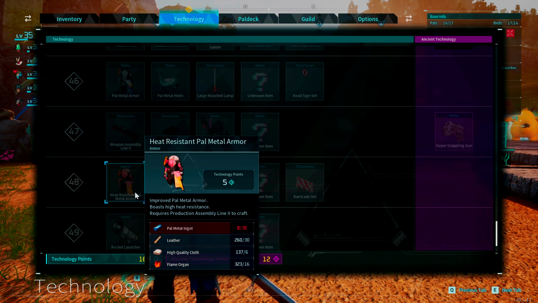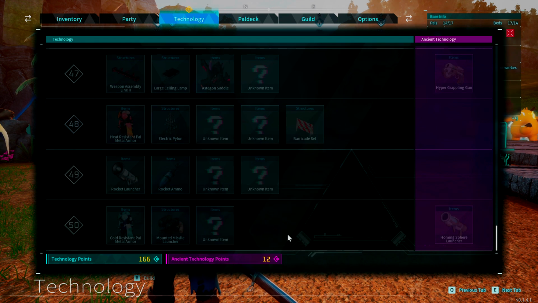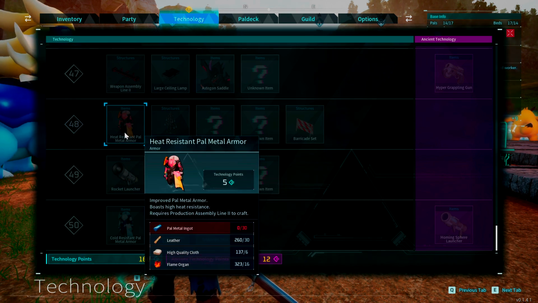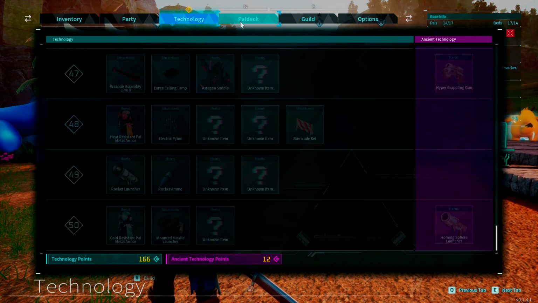Now, it is pretty expensive to unlock. You'll need 5 technology points, and then you need to make it, which is even more expensive. It requires 30 Pal metal ingots, 30 leather, 6 high-quality cloths, and then 16 flame organs. So once you reach these top-tier things, make some heat-resistant Pal metal armor, and you'll be